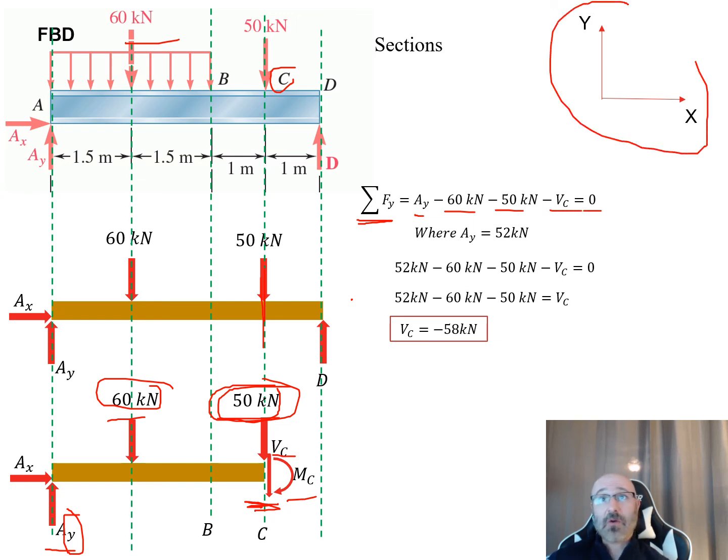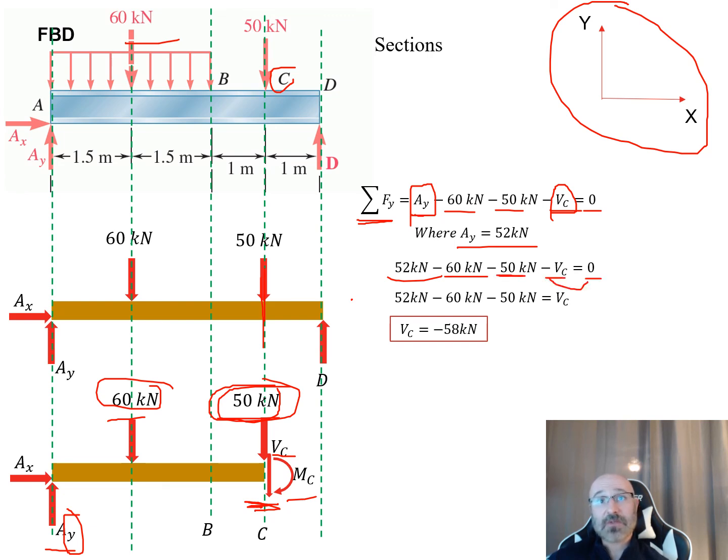Same standard XY coordinate system where y is positive up. We know our A_y is 52 kilonewtons from the first part of the problem. We can plug that in right there. Our only unknown now is our V_C. Plug in, we have 52 kilonewtons minus 60 kilonewtons minus 50 kilonewtons minus the V sub C